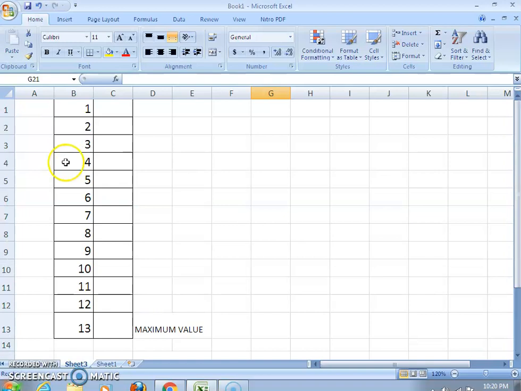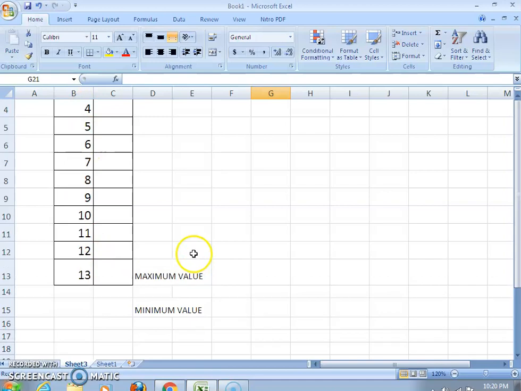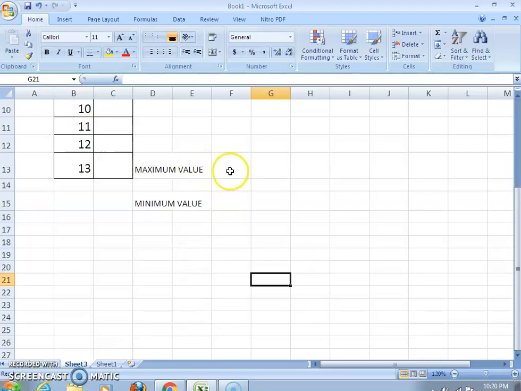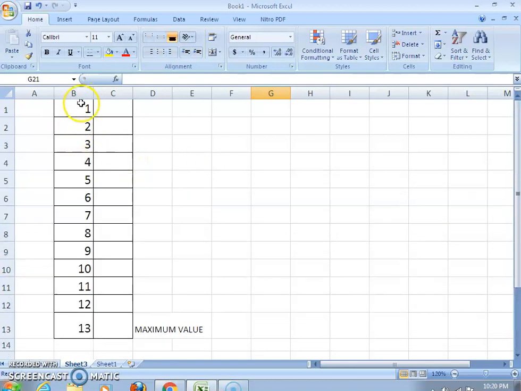Here we are entering certain values in this given range, okay, and out of this, if you want to find out the maximum number, meaning the largest value from this given range, then you will be using the max function.